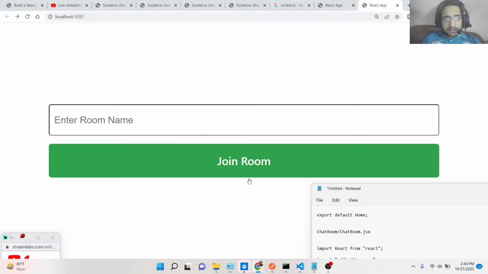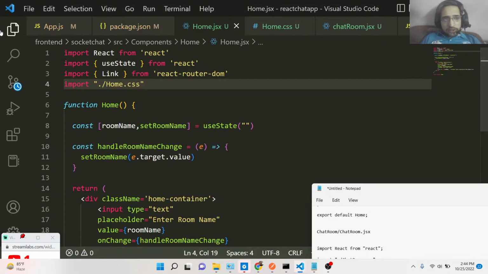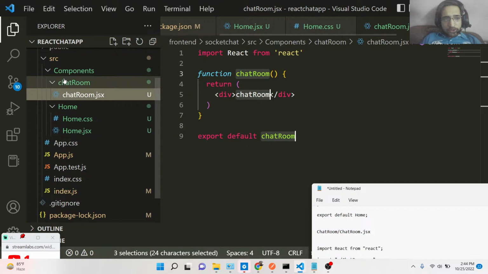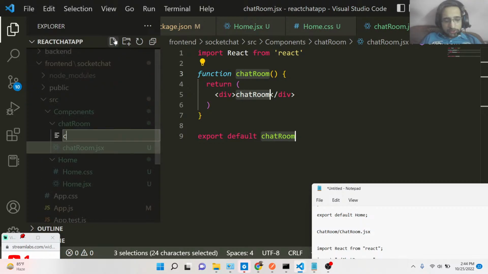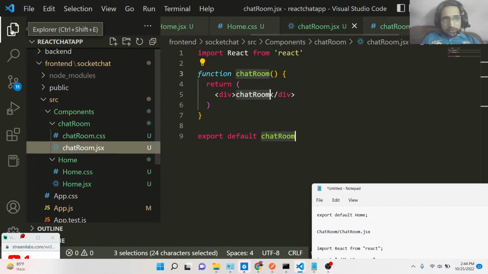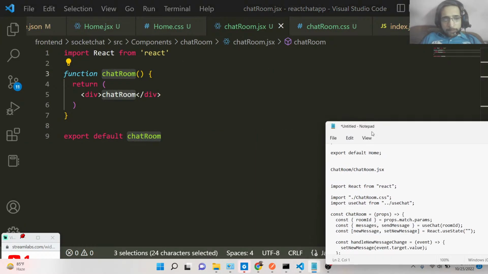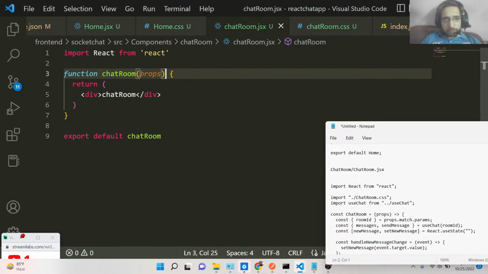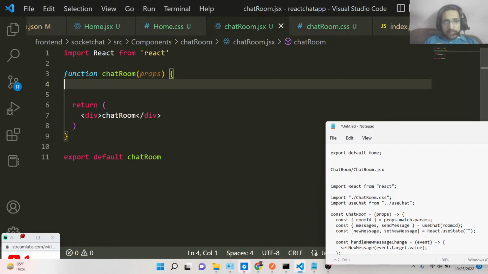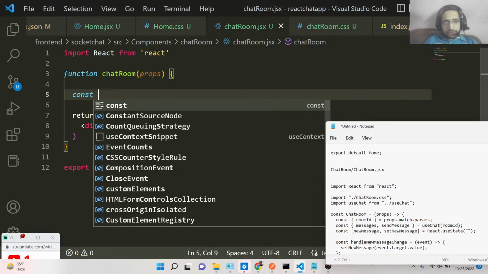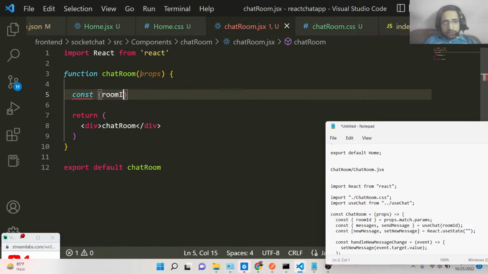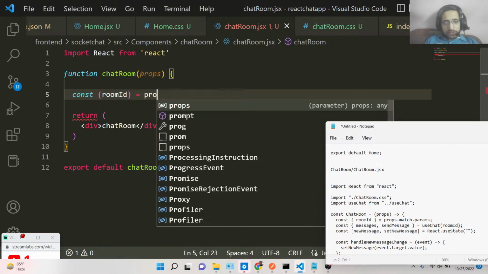It is just redirecting the user. That's it. So now you need to make our chat room.jsx file, and in this we also need to make chat room.css as well. Inside this, whenever we are receiving this attribute of room ID as a property, it will be passed as props, and basically we can extract this room ID, we can say roomId, and we can simply say